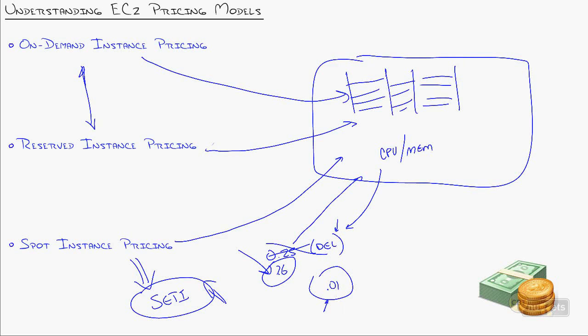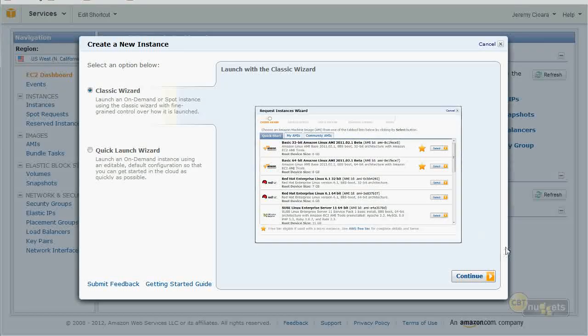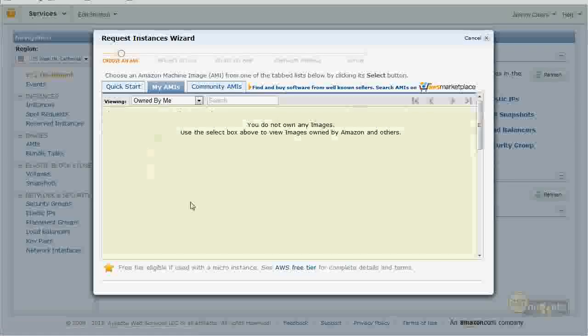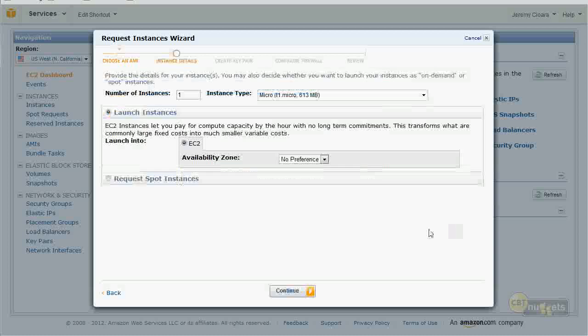So as we wrap up, let me show you what it looks like to handle a spot instance. I'm going to take you back to the EC2 console dashboard, our AWS management console, and I'm going to launch an instance. Now you can just hop over here and go straight to the spot requests, or they do give you the option when you are launching an instance. I say, well, I want a classic, and typically for a spot instance you would choose your own AMI, your own image that you've created, but I'll just pick let's use Ubuntu server. And I want to run this as a spot instance. It's going to do something.